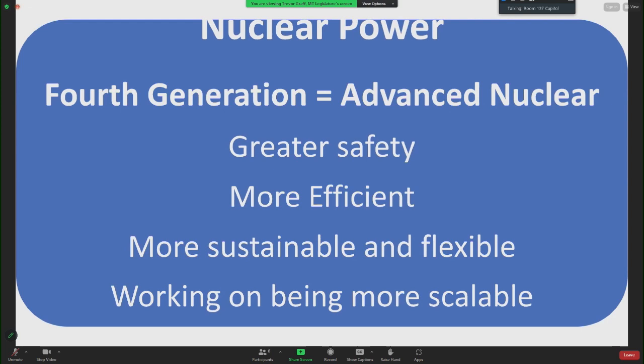For a little more information, 9 out of 10 advanced reactor designs selected for United States government funding will require advanced fuel such as high-assay, low-enriched uranium, or HALEU. U.S. uranium enrichment capability has dwindled such that we lean heavily on other countries to supply our fuel for our nuclear plants. Earlier this year, the U.S. Department of Energy selected American Centrifuge Operating, a subsidiary of Centrus Energy, to demonstrate HALEU production at the department's enrichment